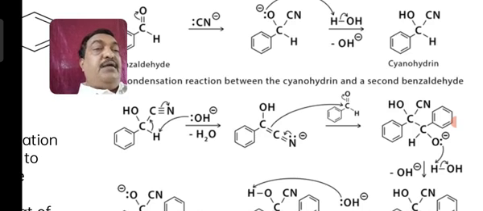Now in this case what happened? The second molecule of benzaldehyde attacks. So you know the benzaldehyde molecule, carbon plus, oxygen minus. Double bond, now what happened? It shifts between carbon, making the second carbon, that is C6H4COH, with C triple bond N as it is, and that second carbon gets attached with the aromatic ring having OH minus.